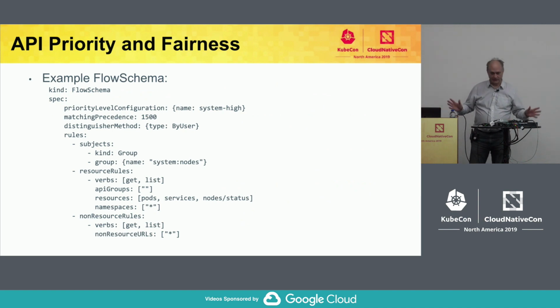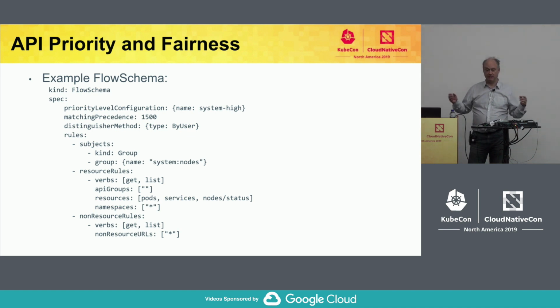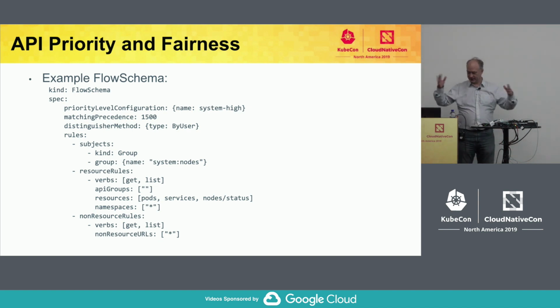On the flow schemas, we borrowed a lot of concepts from RBAC and adapted and recast them. We realized that in RBAC, there's actually a lot of union structure that's not done in the usual way we do unions in our API models. So we revised it to follow the usual patterns for unions. There's a couple of concepts here. Like in RBAC, there are subjects, verbs, and objects, or targets, we say, because everything's an object.